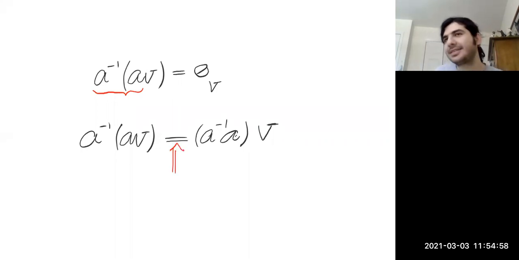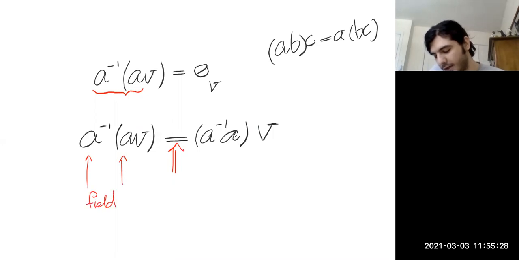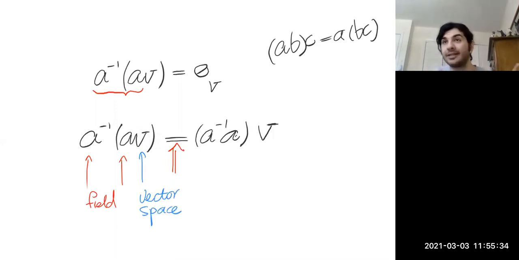Associativity? Not exactly. Okay, that's a very good point. You're kind of correct. When we can change the order of multiplication, looks like associativity. But the point is that associativity is, for example, product of elements in the field. For example, if in the field I have A, B, C, and all three of them are in the field, this is called associativity. But here it's different. A inverse and A are in the field, where V is a vector, it's in the vector space. So this is not called associativity, it looks like associativity, you're right, it's just a name. It's called usually the